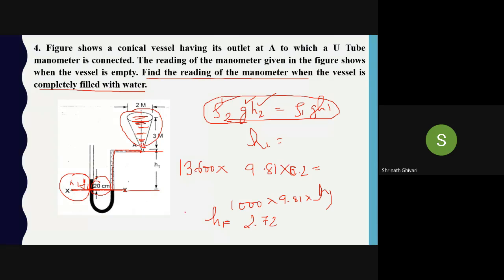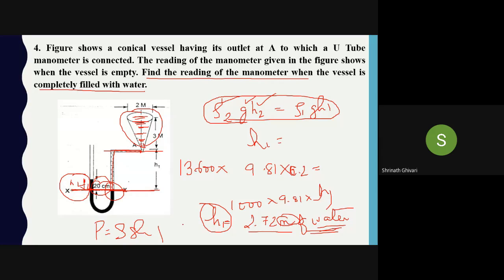This is the level of water. Sorry, H1 is 2.72. Now the unit will be meter, correct? Because it is in terms of length. It is meter of water. What is it? 2.72 meter of water. Why meter of water? Because I have found out the pressure because of water. So if I want to find out the pressure, I will use P equal to rho GH1. I can find the pressure of water which is applied at this point. So remember this H1, whatever you have written, is 2.72 meter of water.